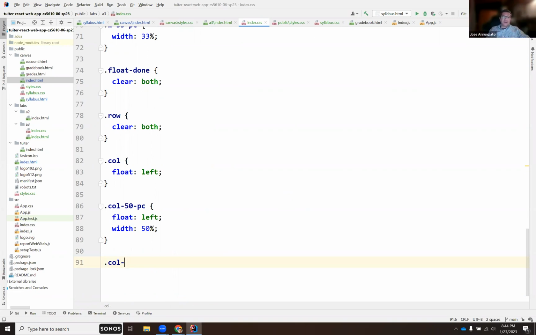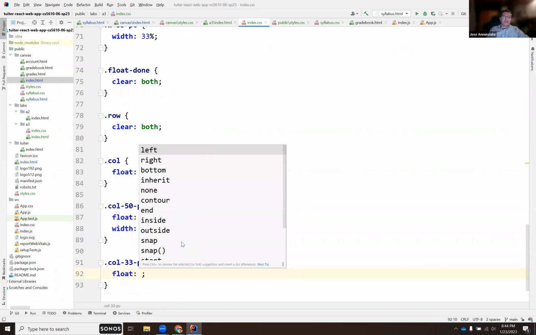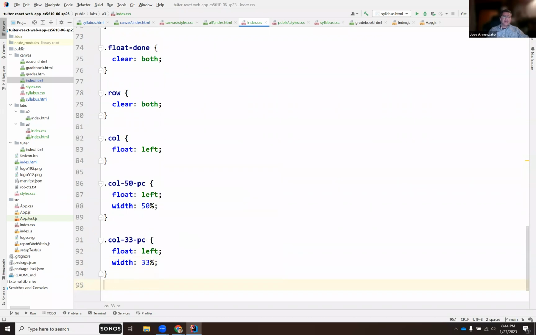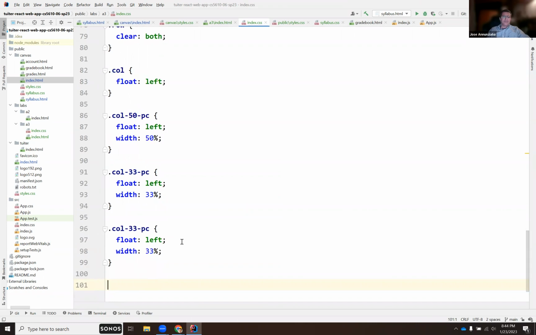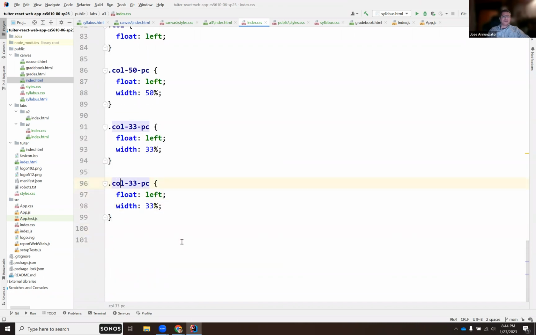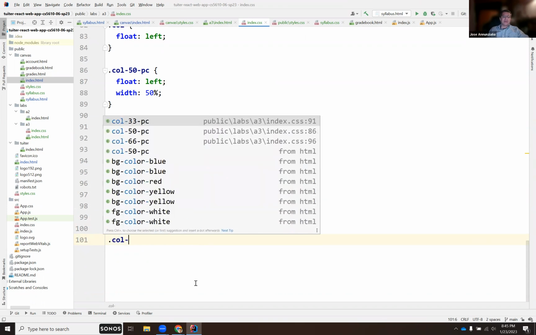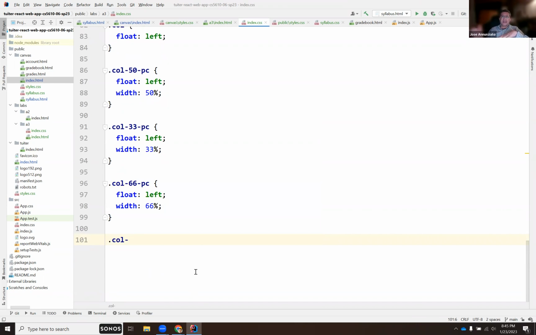So this is maybe 1/3. That's 33%, right? And then this would be float left, and this would be width 33%, right? And then the remainder, the 2/3, would be 66, and so this would be 66, right? Or another useful split would be maybe like 20%, or 40%, 60%, right? So this would be 40%,